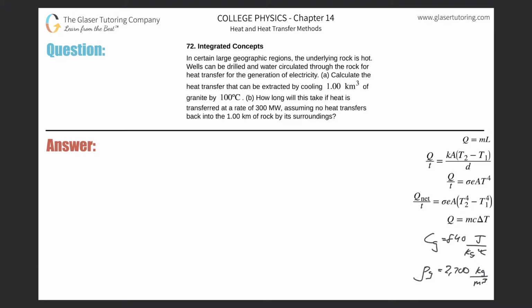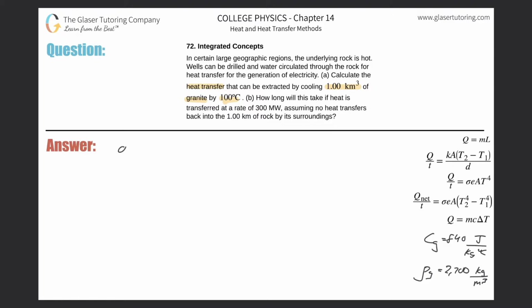Number 72, integrated concepts. In certain large geographic regions, the underlying rock is hot. Wells can be drilled and water circulated through the rock for heat transfer for the generation of electricity. Letter A, calculate the heat transfer that can be extracted by cooling 1 kilometer cubed of granite by 100 degrees